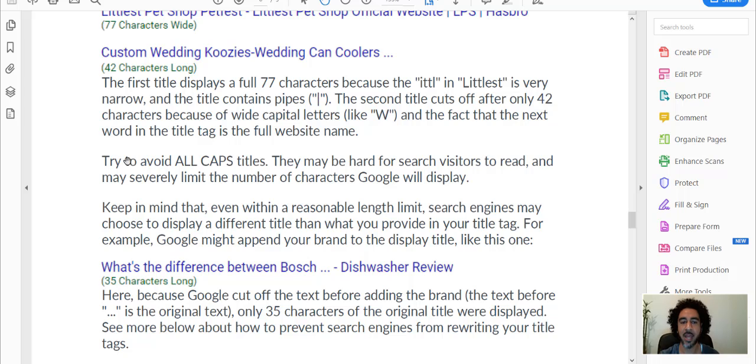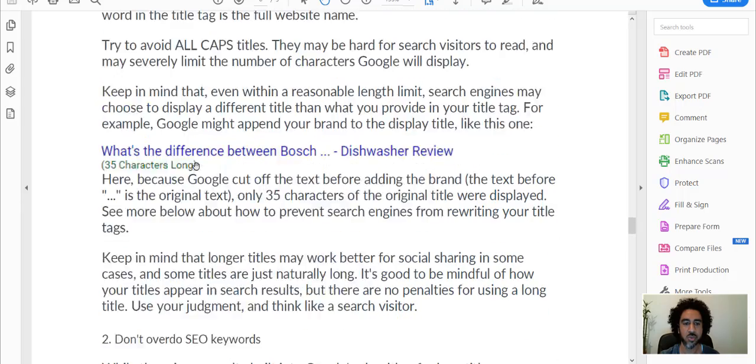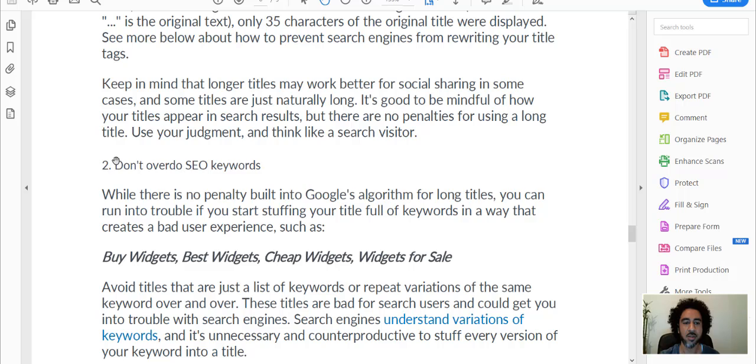Let's see, title lengths. Anything here? Alright, so right here we're going to talk about don't overdo SEO keywords. Keywords are great for searches for Google, but it's very bad for the actual user. This is great because it says a lot of different variations of keywords, which is going to help their searches, but it's not going to help your click-through rate, which is basically what helps